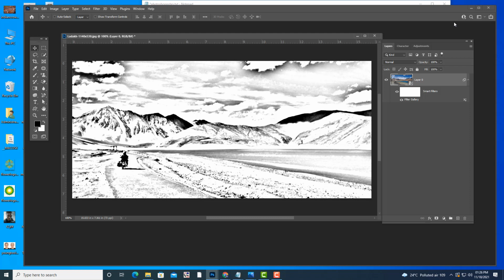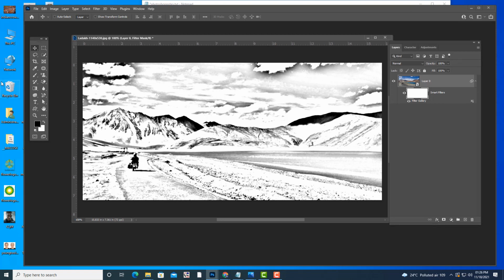Now we will also apply some color to this. So how will we apply color? Just select the thumbnail, take a soft round brush, reduce the flow value, and keep it around 10%. Okay, 10% is okay. And then let me paint. See, I am painting the color.